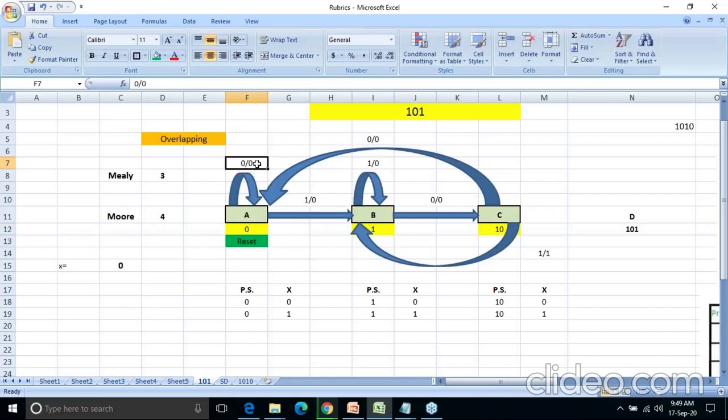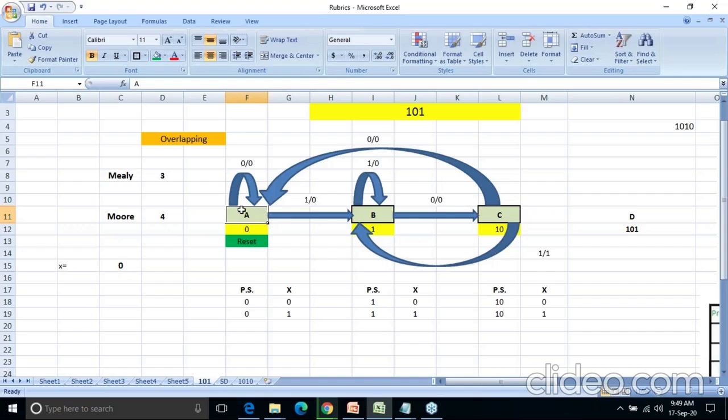So have you got the idea about this particular part? Here we have considered my input is 0 and I am in state A. And if it is A, it means 0 is detected, and my 0 is applied as an input, so that is detected over here only. Is it clear?